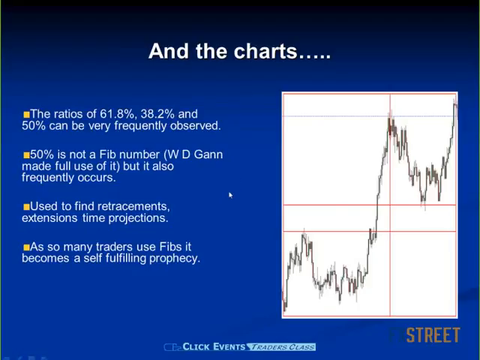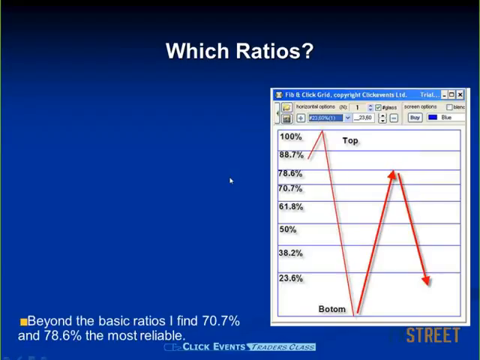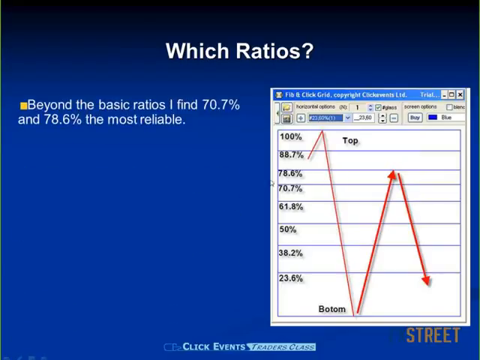So what are we going to use it for? Well, what we're using it for is both predicted levels, where we expect price to actually go to, but we can also use it in the moment, so that when we've got price at a particular level, and here we have this 78.6 level, which is a derived ratio. It's one of the square roots that I was talking about. In Forex, the 78.6 level is vitally important. It is very, very, very important indeed.